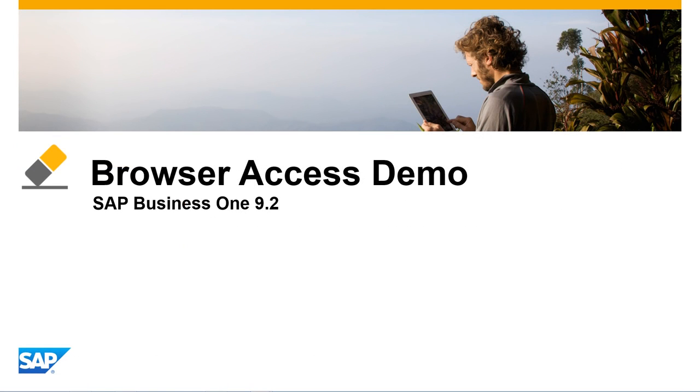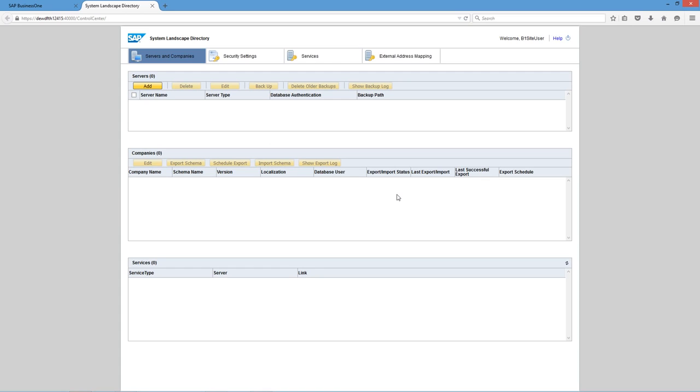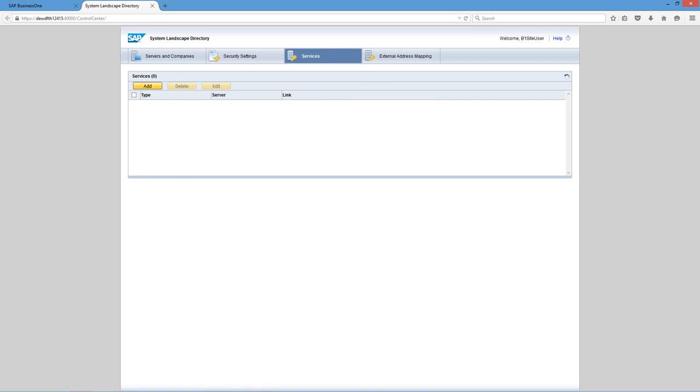Let's check out the SAP Business One interface using browser access. We've now opened up a web browser, and we're firstly going to log in to the System Landscape directory to configure our browser access settings. To do this, we enter our username and password details. We are now in the System Landscape directory. By navigating to the Services tab,